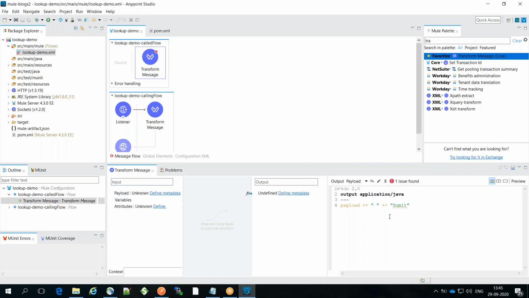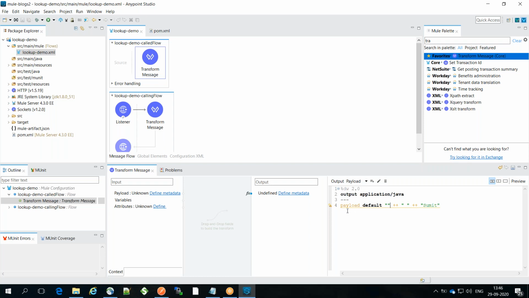Sometimes when you're doing concatenation, you have to always ensure that you don't end up doing the concatenation with null. Even that might throw some issues sometimes. Because you cannot do concatenation with null, sometimes we might need to set some default value. Okay. So right now you see that the error is gone. That was a DataSense generated error which might not come at runtime.